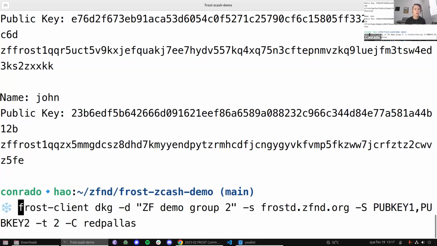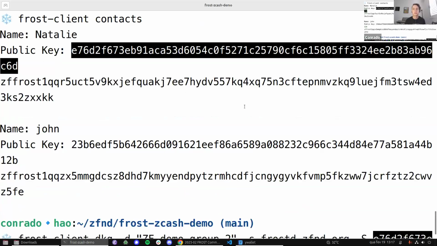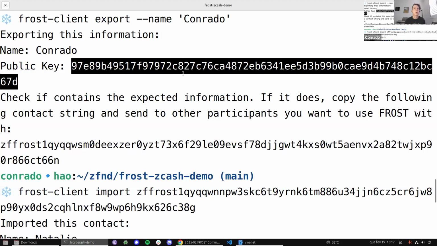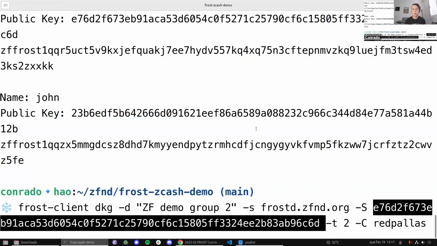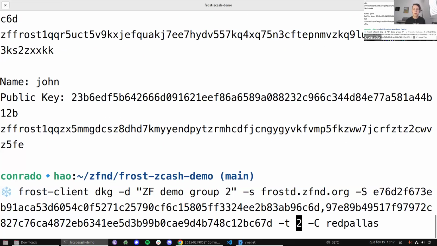start a DKG run. So I'll be creating this ZF demo group 2 using this server, which is a server that we have right now for development. And I need the 2 participants' public keys, right? So I'm going to use Natalie's, but also I need my own, because I also want to be part of it. I'll keep threshold 2 since it's a 2 of 2 group, and this is the Redpallas cipher suite that we